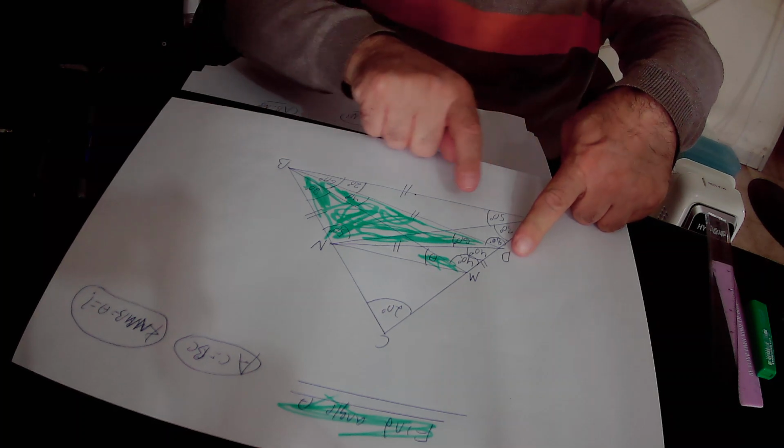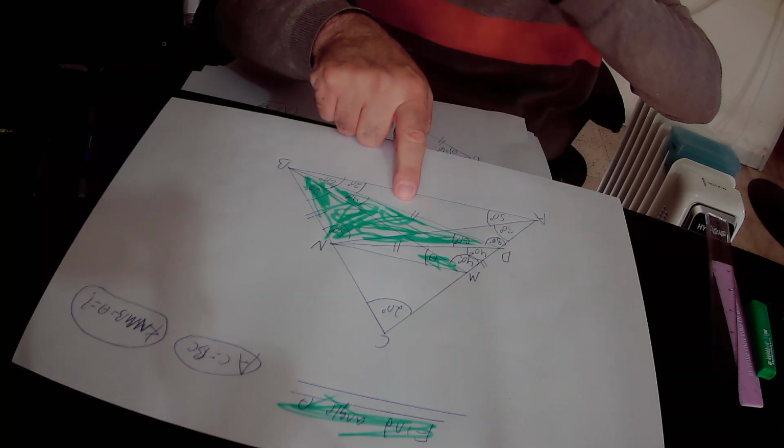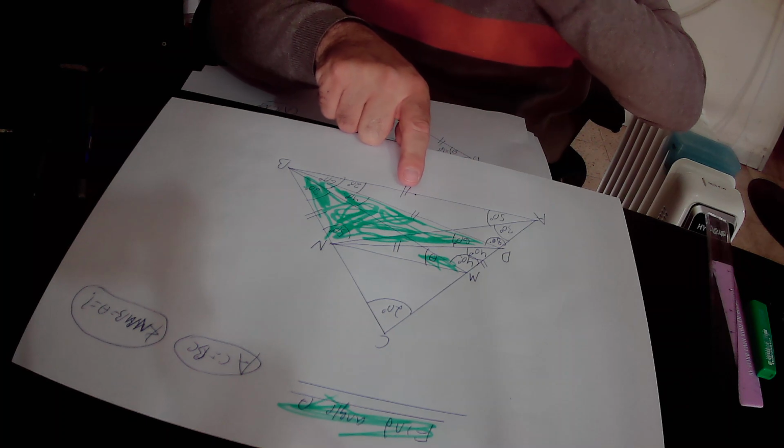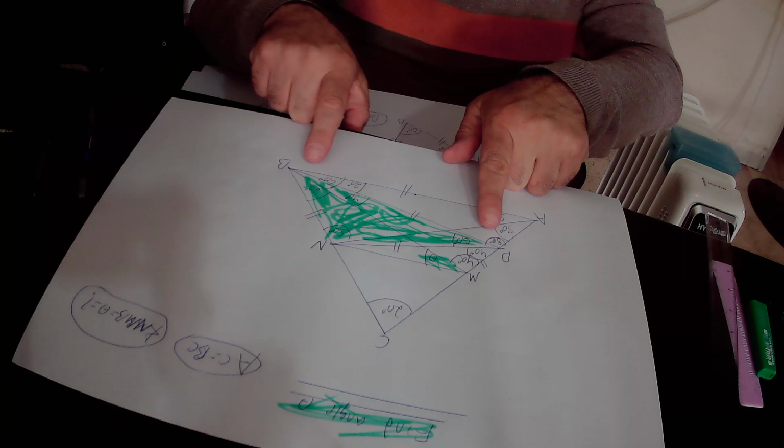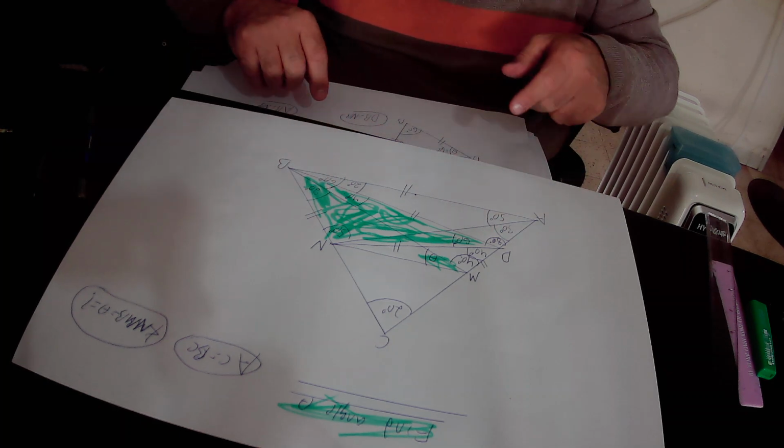AB equals DB according to our construction, and here DB equals NB